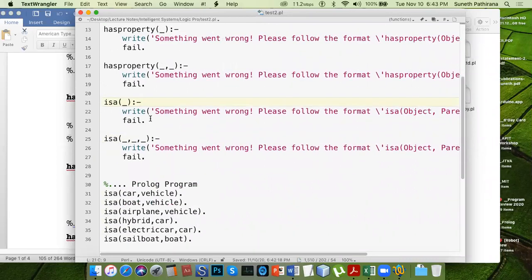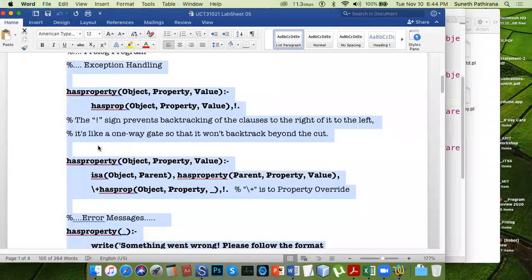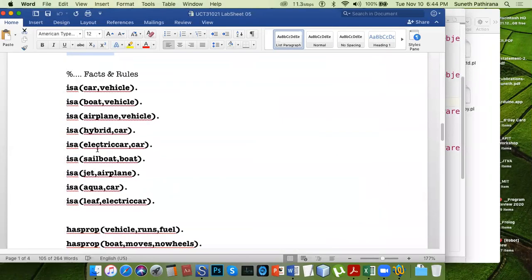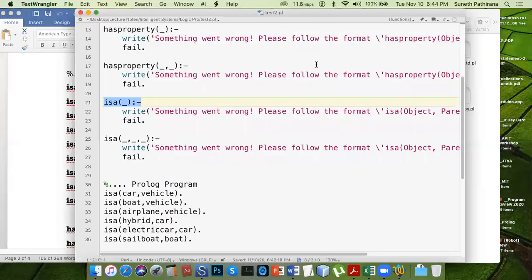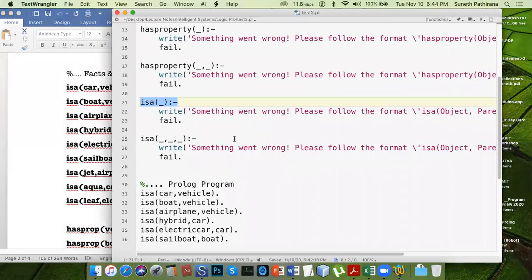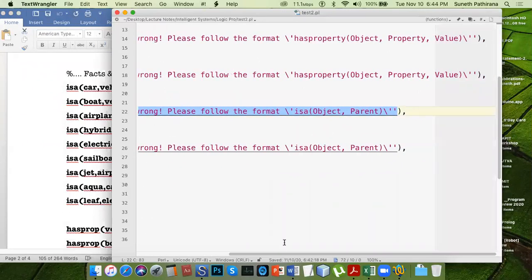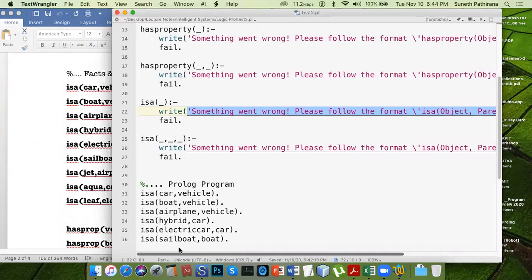Accordingly, for the second one there were only 2 parameters, so 2 arguments. If a user enters a single argument rather than specifying both arguments, then display this error message. You can put your own within these single quotes.